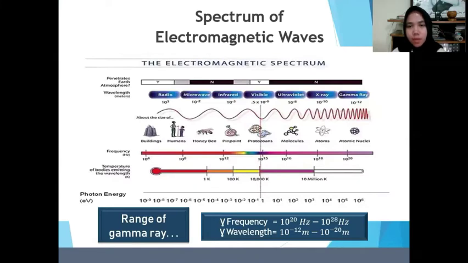About the spectrum of electromagnetic waves, according to the spectrum, gamma rays cannot penetrate the Earth's atmosphere and have the shortest wavelength. It is around 10 power minus 12 meter until 10 power minus 20 meter. It is like an atomic nucleus and also has the highest frequency, around 10 power 20 hertz until 10 power 28 hertz. It also has a temperature of bodies emitting the wavelength of 10 million Kelvin, and a photon energy of 10 power 5 until 10